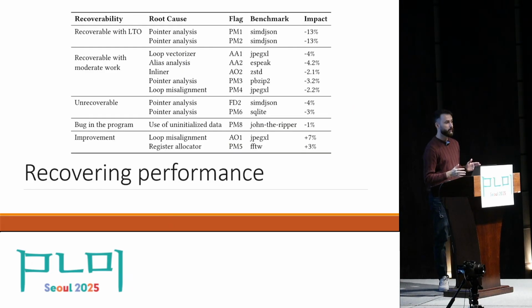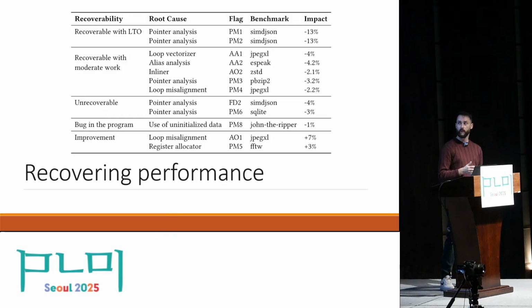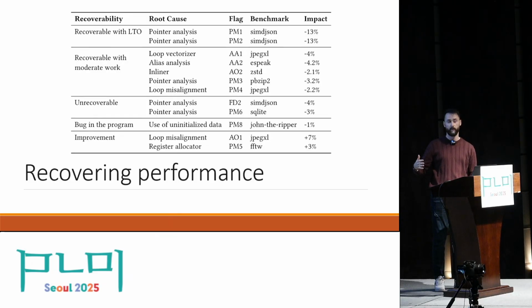So we tried to use techniques other than LTO to recover the performance. We analyzed 12 cases and categorized them in 5 categories. The interprocedural analysis used by LTO allowed us to recover important pointer metadata used in loop analysis. In the second category, we found out that the loop vectorizer in LLVM is not capable of computing the number of iterations without UB. So for that, we added some runtime checks to still be able to vectorize the loops. However, newer versions of LLVM can already do that, so that's a great thing.